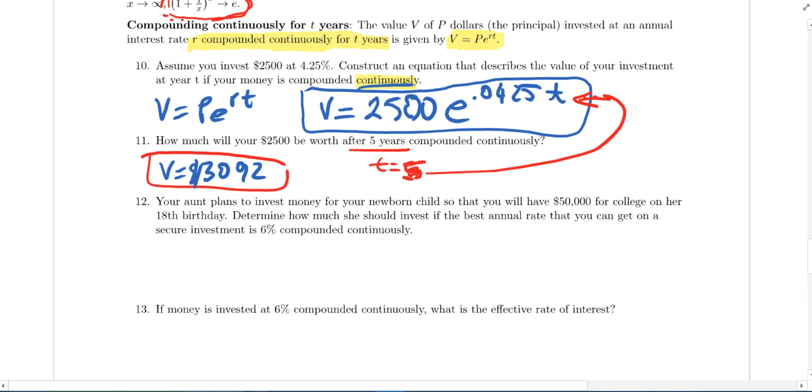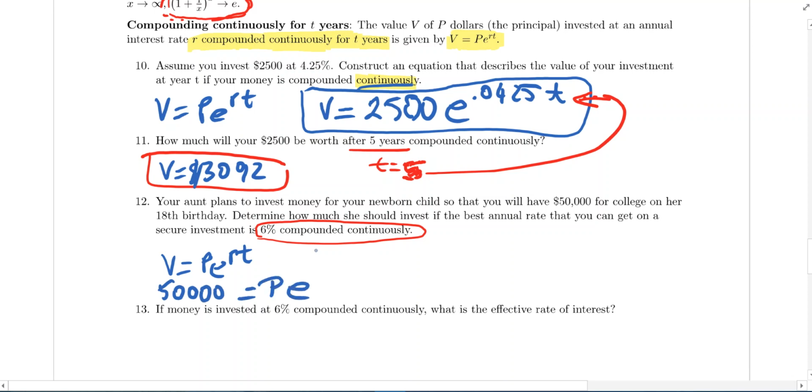Now, if your aunt plans to invest money for the same scenario as before, let's see how much she should invest if she gets 6% compounded continuously now. So continuously, that means write down the formula. It's V equals PERT, P e to the RT. So now V is 50,000, and you don't know P, that's what you're going to solve for. And then R is 0.06 and T is 18. So when you solve for P in here,